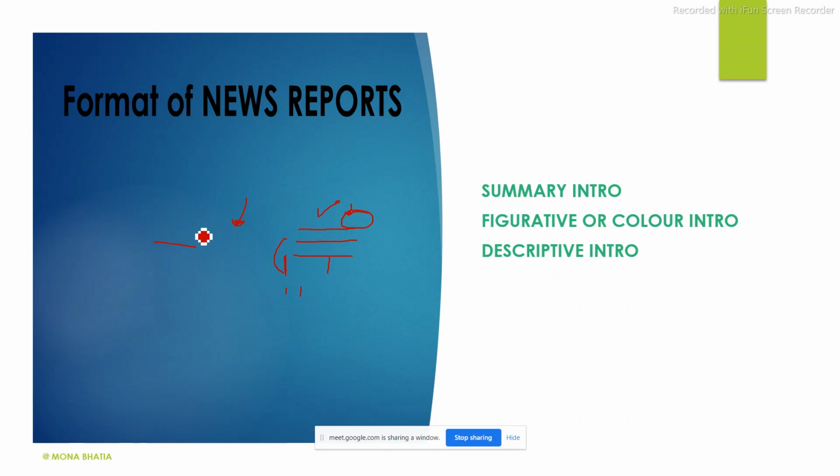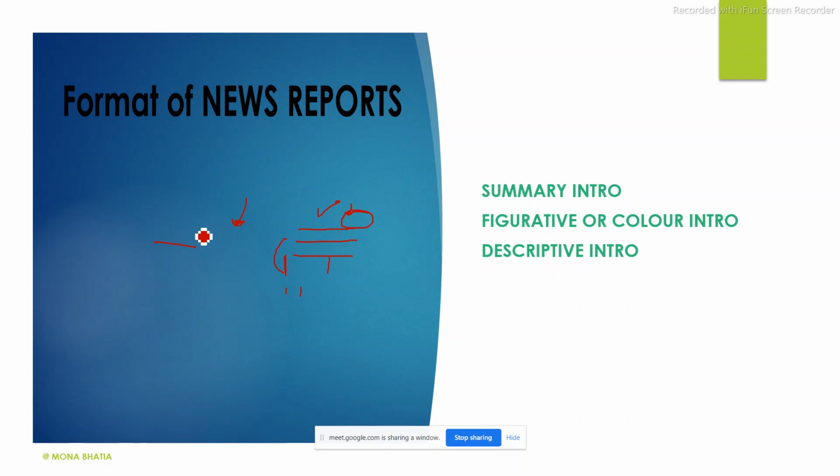Okay, now once you read this type of intro, what happens, you understand that they are going to give you the piece of news after describing the whole scene, what is happening. For example, this is like some meeting that is going to happen in the chief minister's house, so definitely they would like to tell you who all are there, what is the scene. So this is important. Before the program starts, they always describe the scene. These were the guests who were present over there, right?